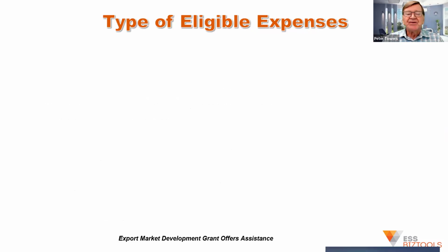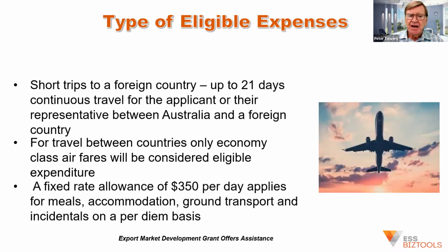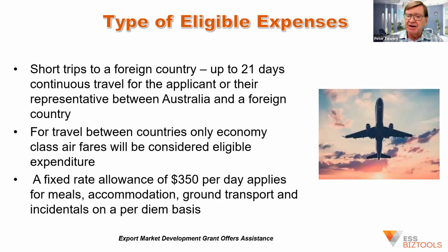So the eligible expenses could be maintaining a representative in a foreign country. Okay, so they need a representative in an overseas country. It could be short trips to a foreign country, up to 21 days. But this grant will only cover economy airfares, and we don't have to submit hotel bills and food bills and